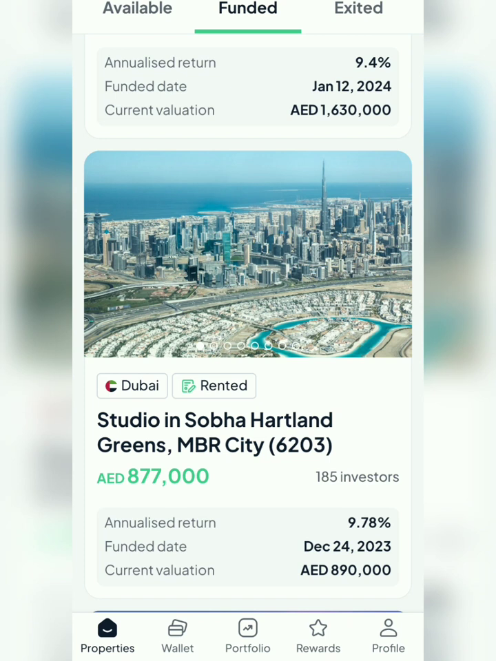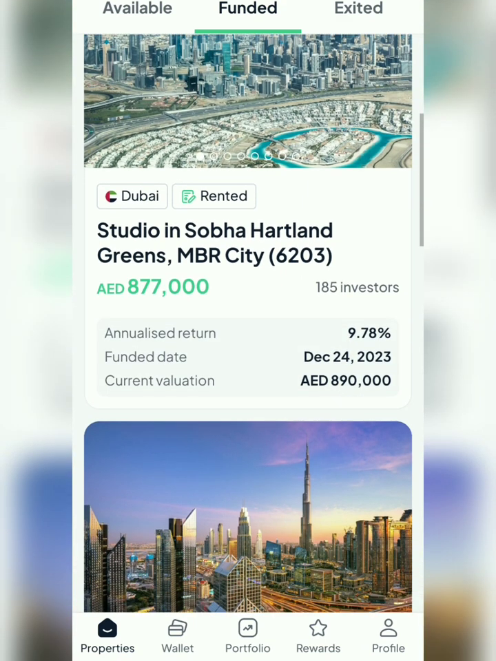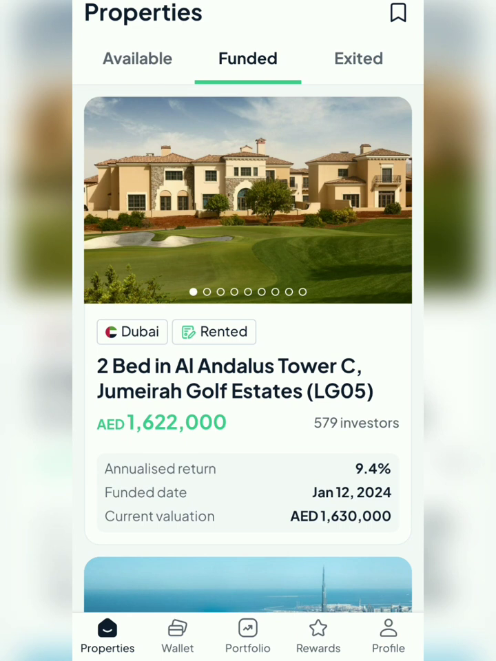So I hope that this helps you with how to invest in the property, how to decide, how to select, and how to proceed with your payments. I hope this illustration quite explains